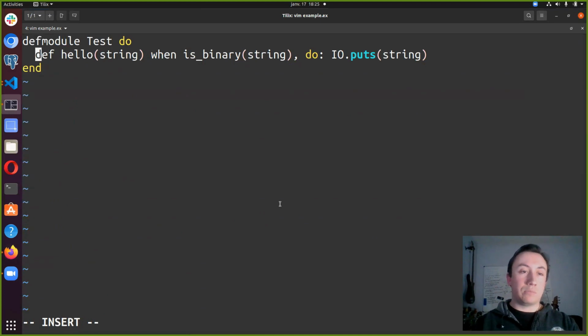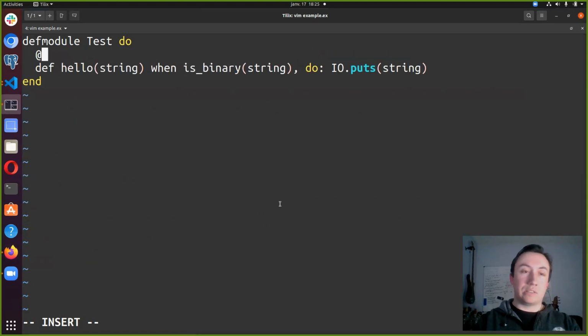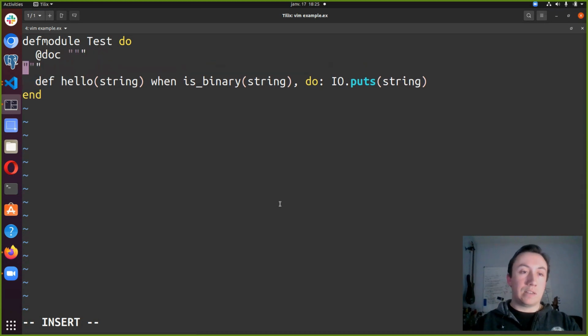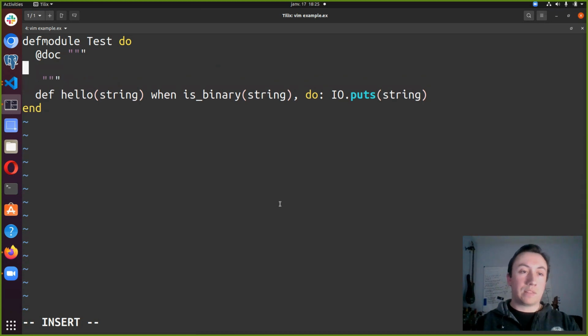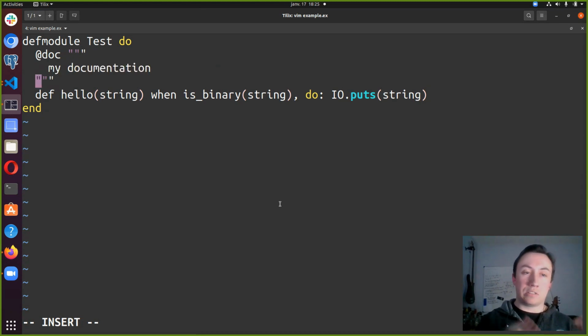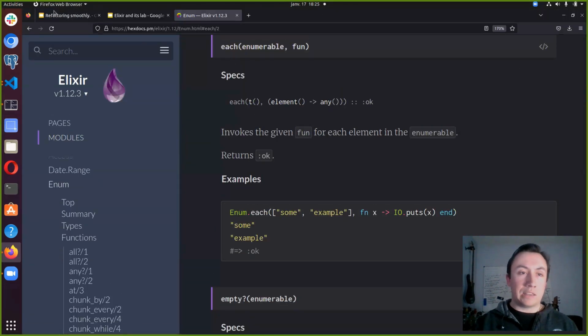So to add documentation, we generally do @doc, and then it's as simple as that, and it will be your documentation. And that's enough for it to understand how to generate documentation. So IEx,